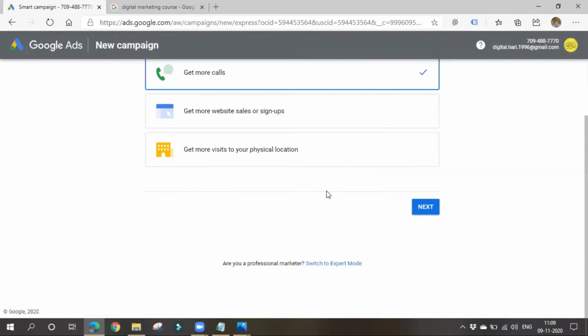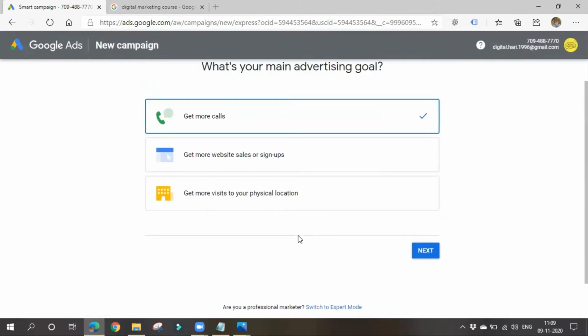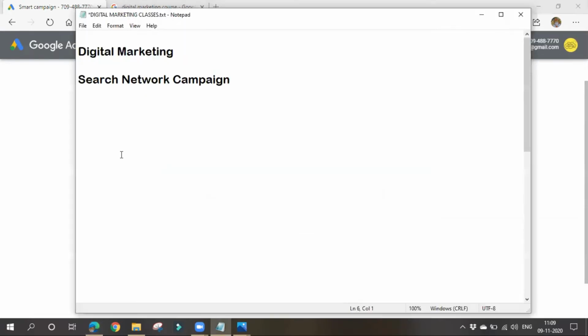Now, what is your main advertising goal? In the case of Google Ads, it provides two services: one is Google Ads, and the second is Google Ads Express. What is the difference between them? If you don't have any knowledge, you can choose Google Ads Express.